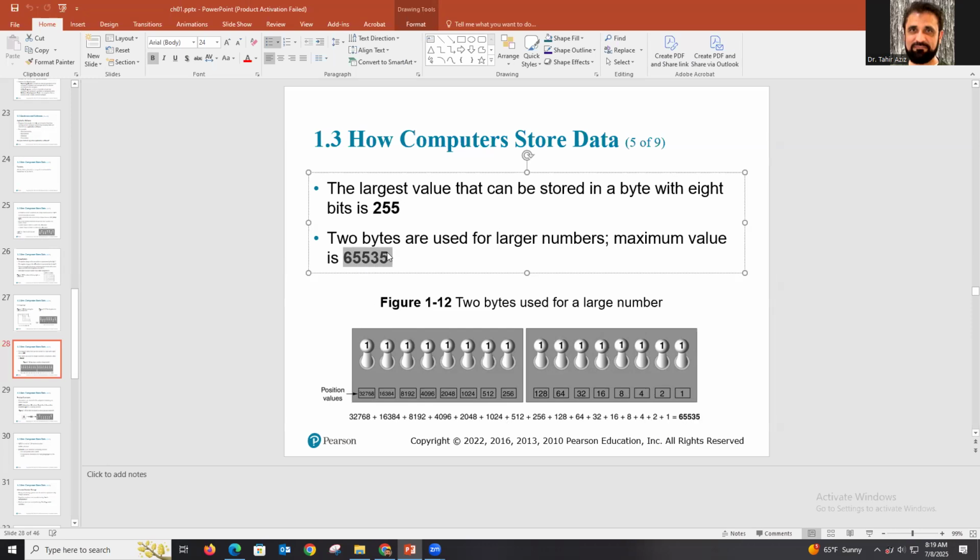And I think they made a mistake here. It should be 65,536. So is it 35? Yeah, okay. So let me correct myself. Yes, the largest value will be 65,535. Plus, if you turn off all the bits to zero,